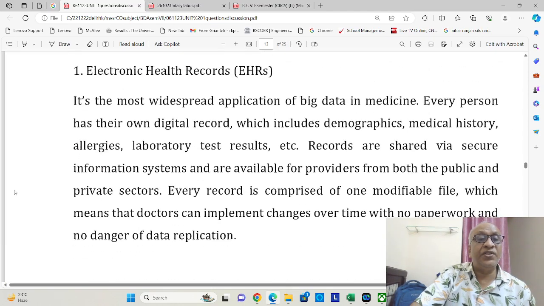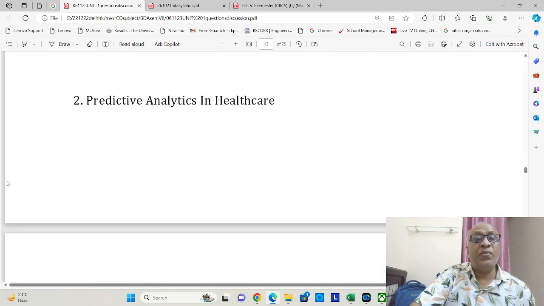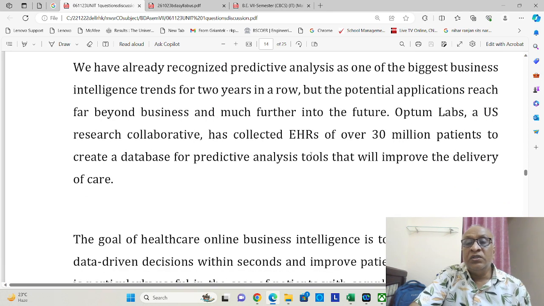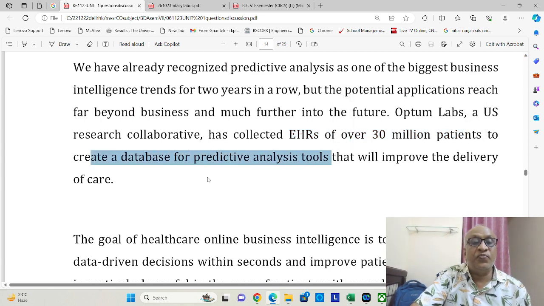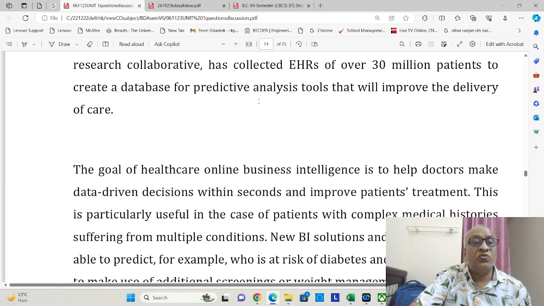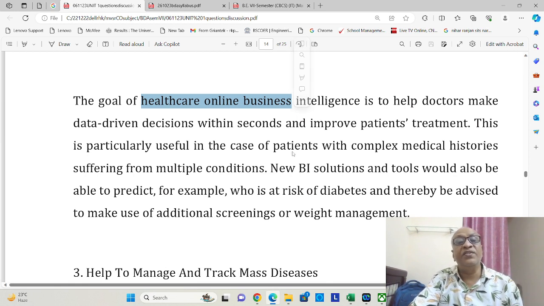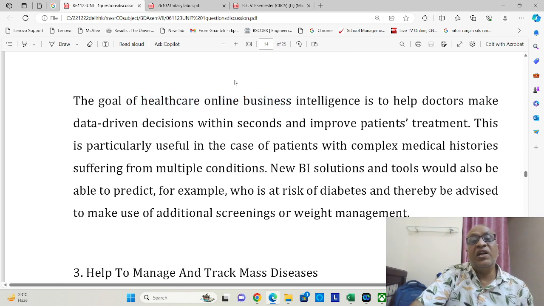The second application being mentioned is predictive analytics in healthcare. So one example is Optum Labs. It has collected electronic health records of over 30 million patients to create a database for predictive analysis tools. So basically what's happening is because of big data being applied in the medicine field, big data analytics comes into the picture,